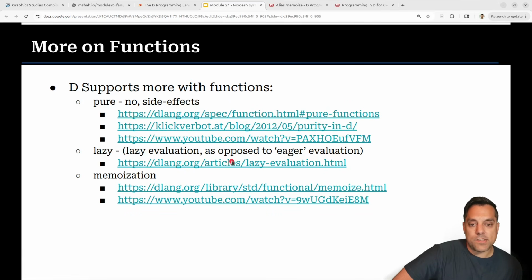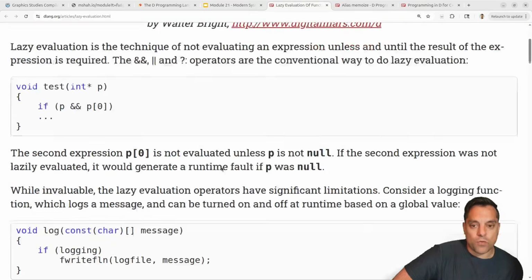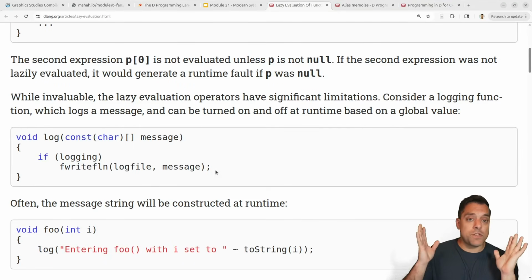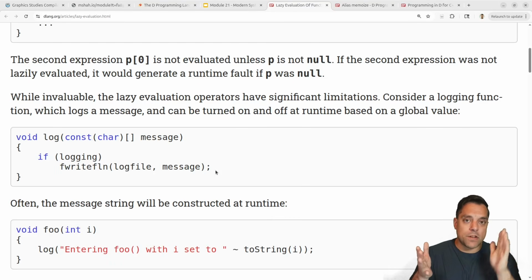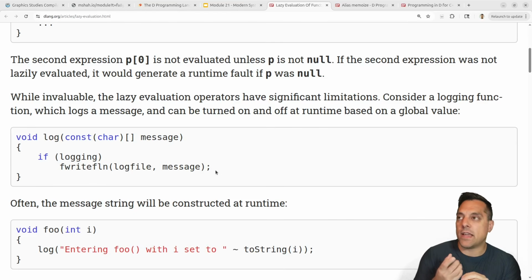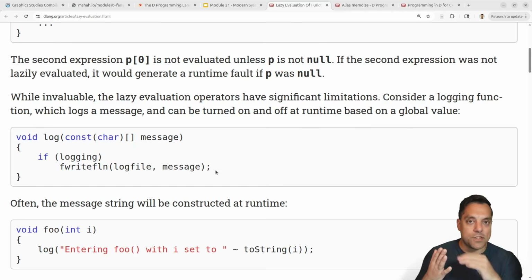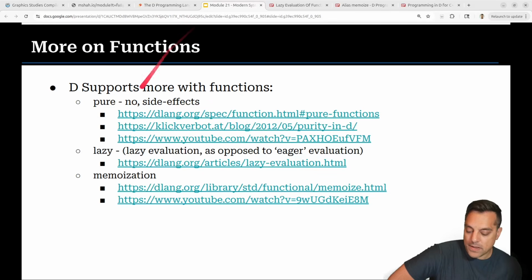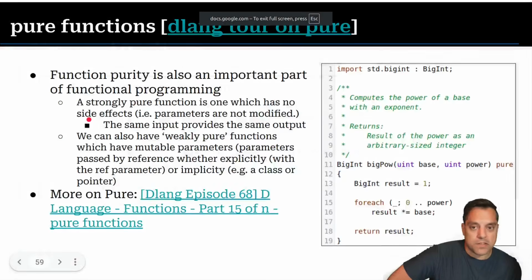Lazy evaluation. This is especially important for ranges. Maybe you have an infinite range of values, right? Where would you have that? Well, you're writing some streaming service and that's just bringing in values. What do I mean by streaming service? I mean like data is just coming in. Facebook, WhatsApp messages are just streaming in. You don't know how many, but as they come in, you want to process them lazily. And you could have an infinite stream, so to speak. So anyways, you have a lazy evaluation or control of that, and then purity, which I'm going to get into.